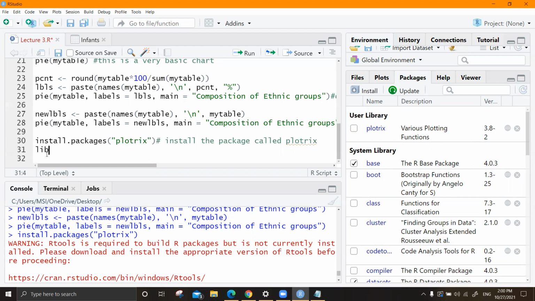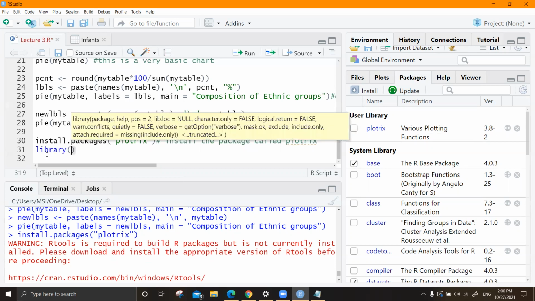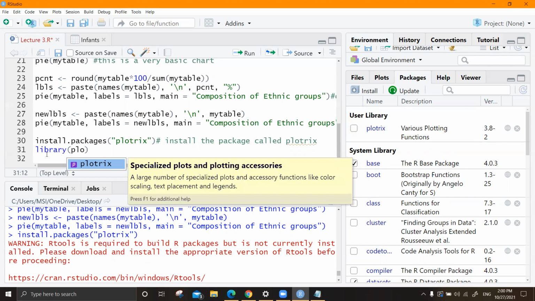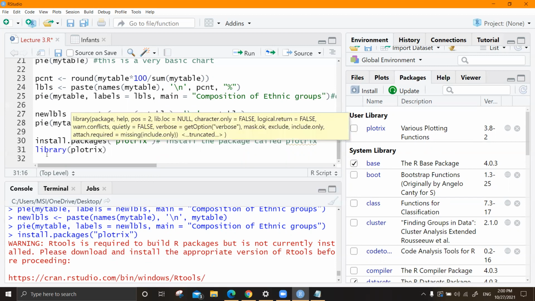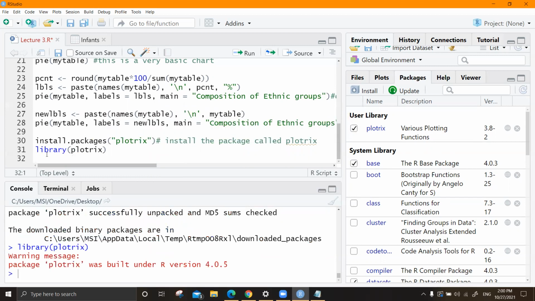So that is library. Then you give the package name, that is Plotrix. Now we can access all the functions that are inbuilt in this package. What we were using was the base package. You don't have to install it.